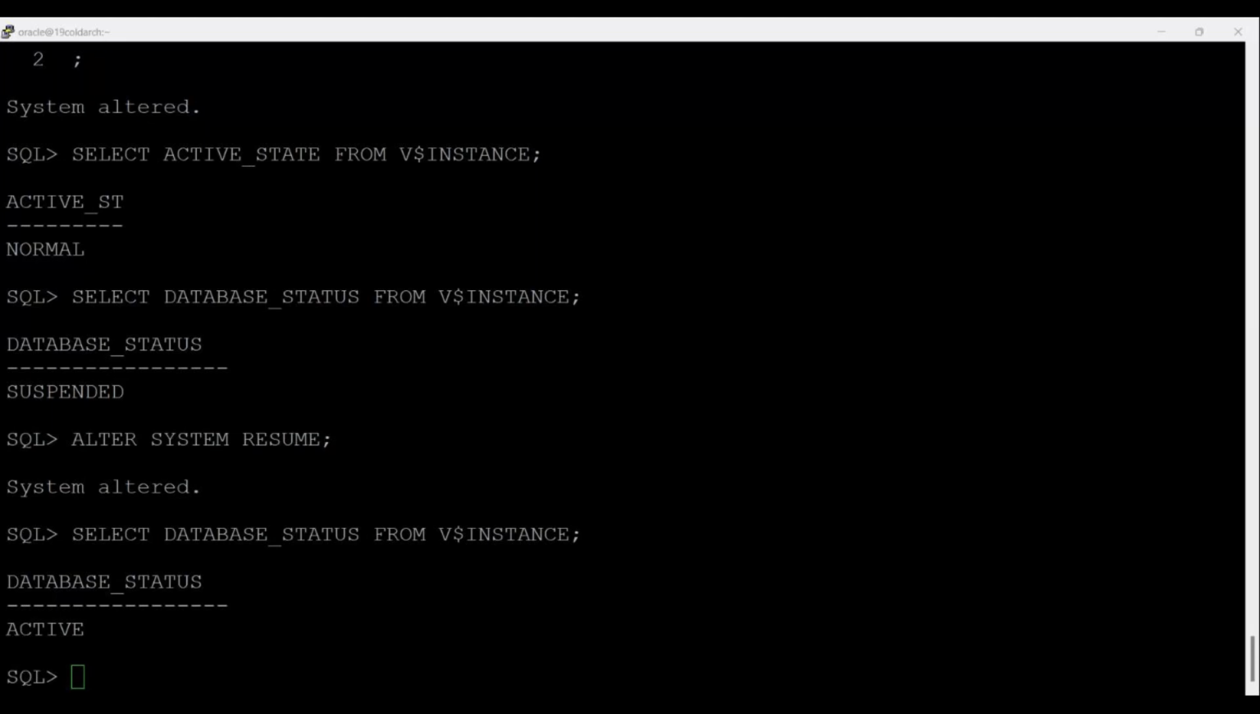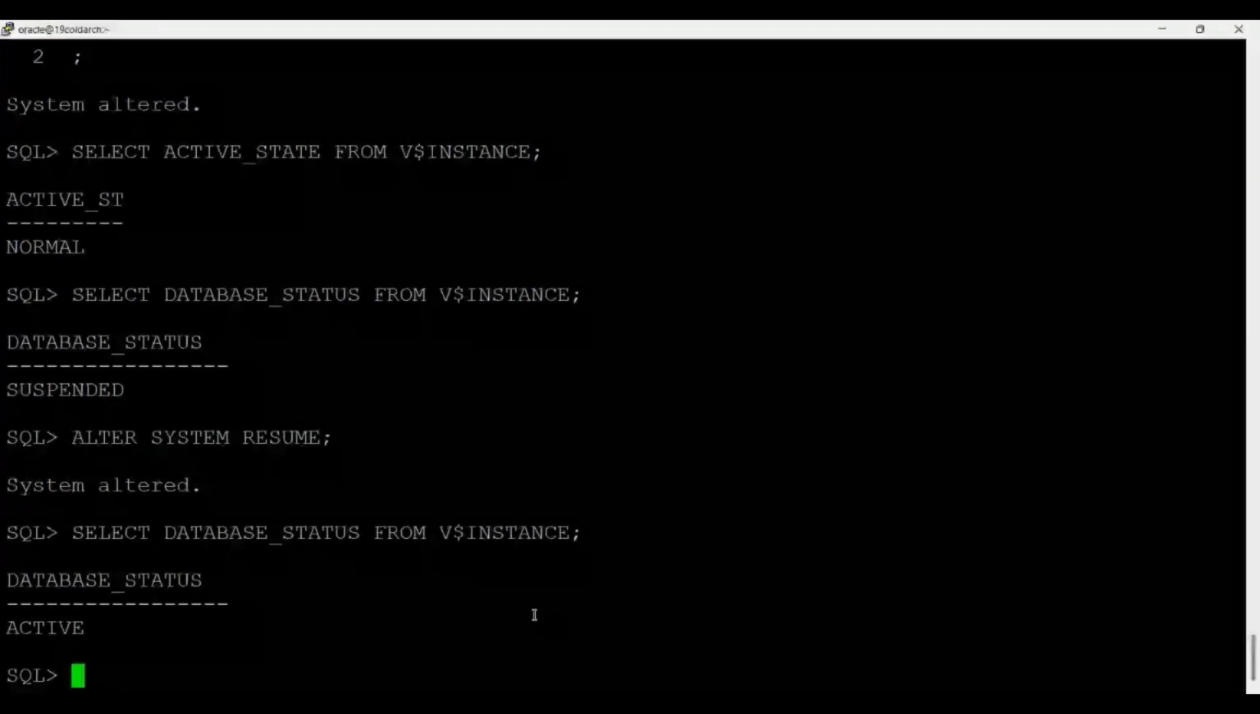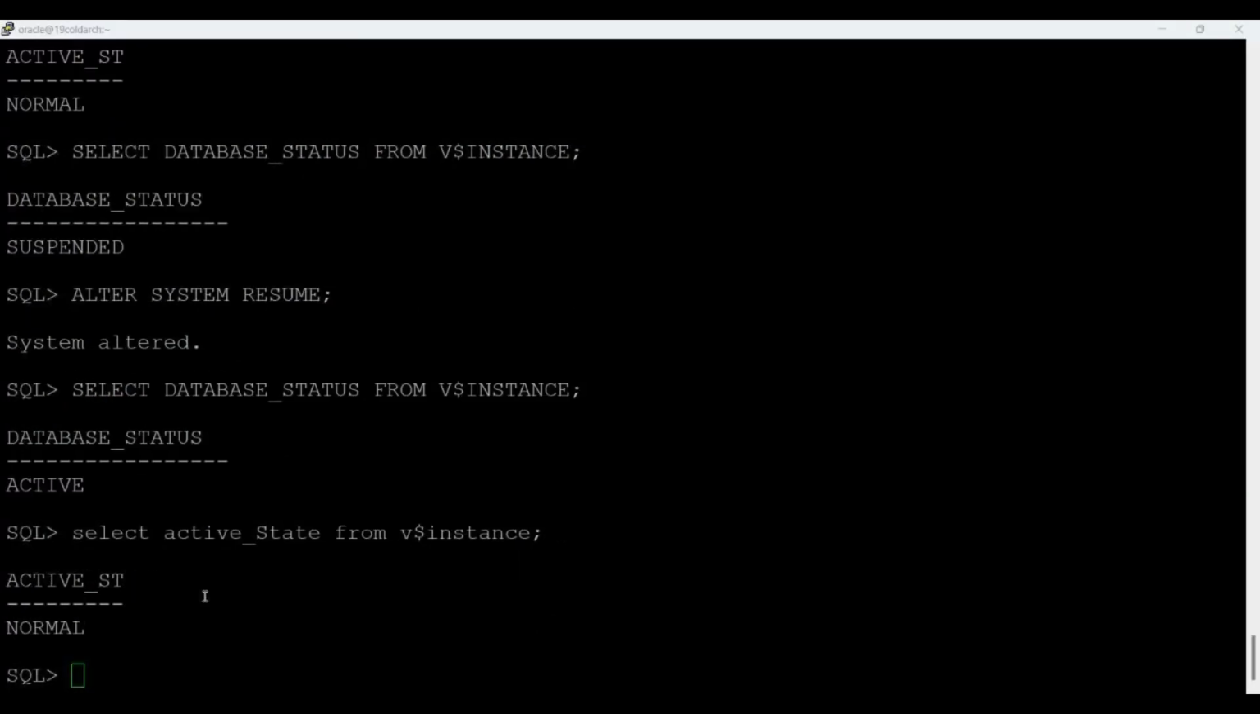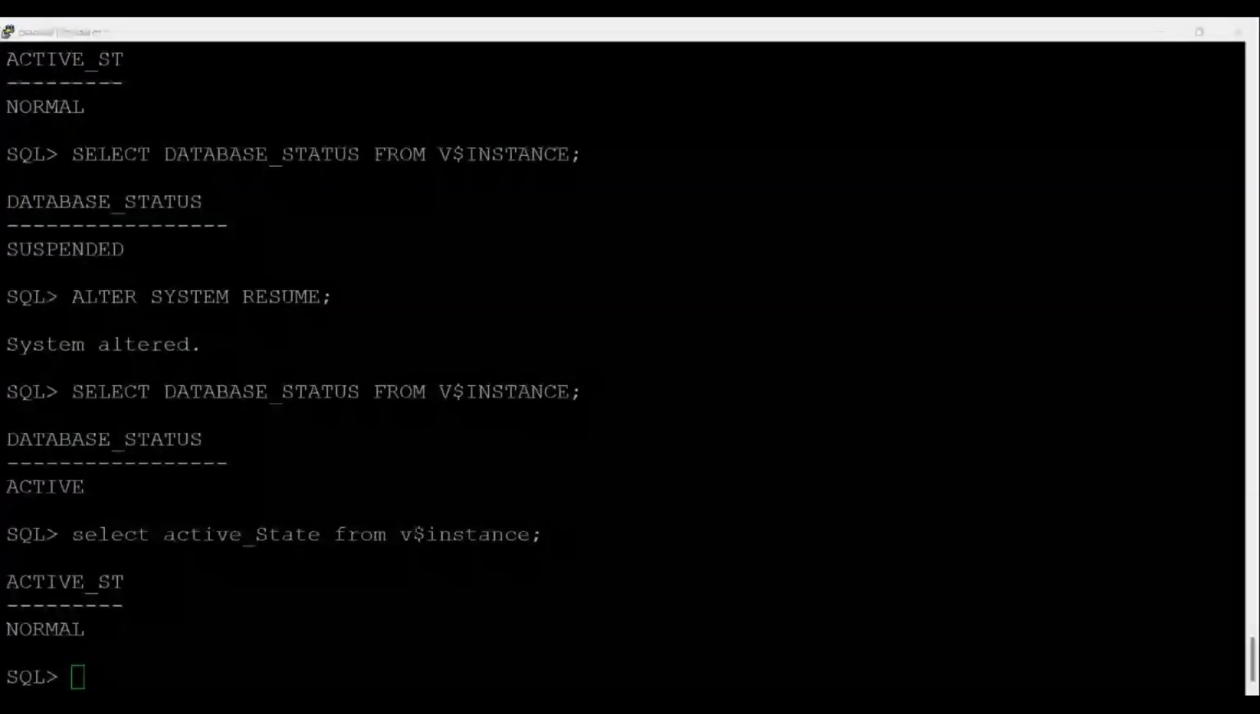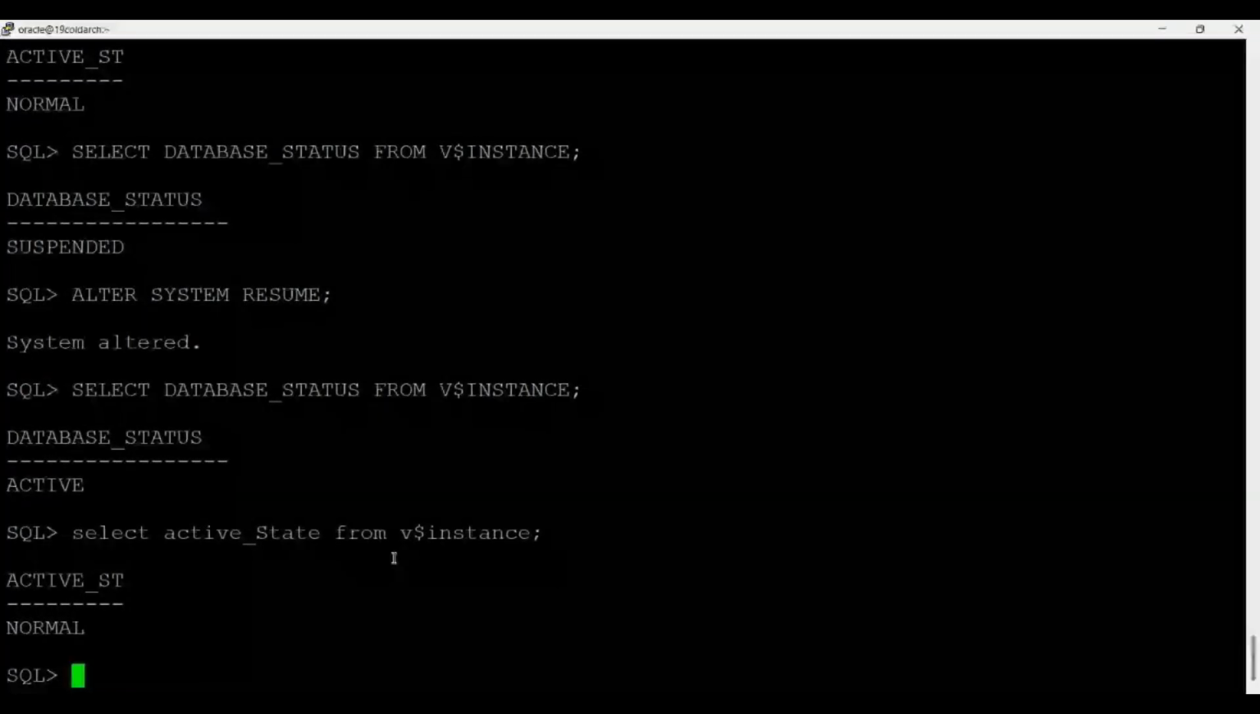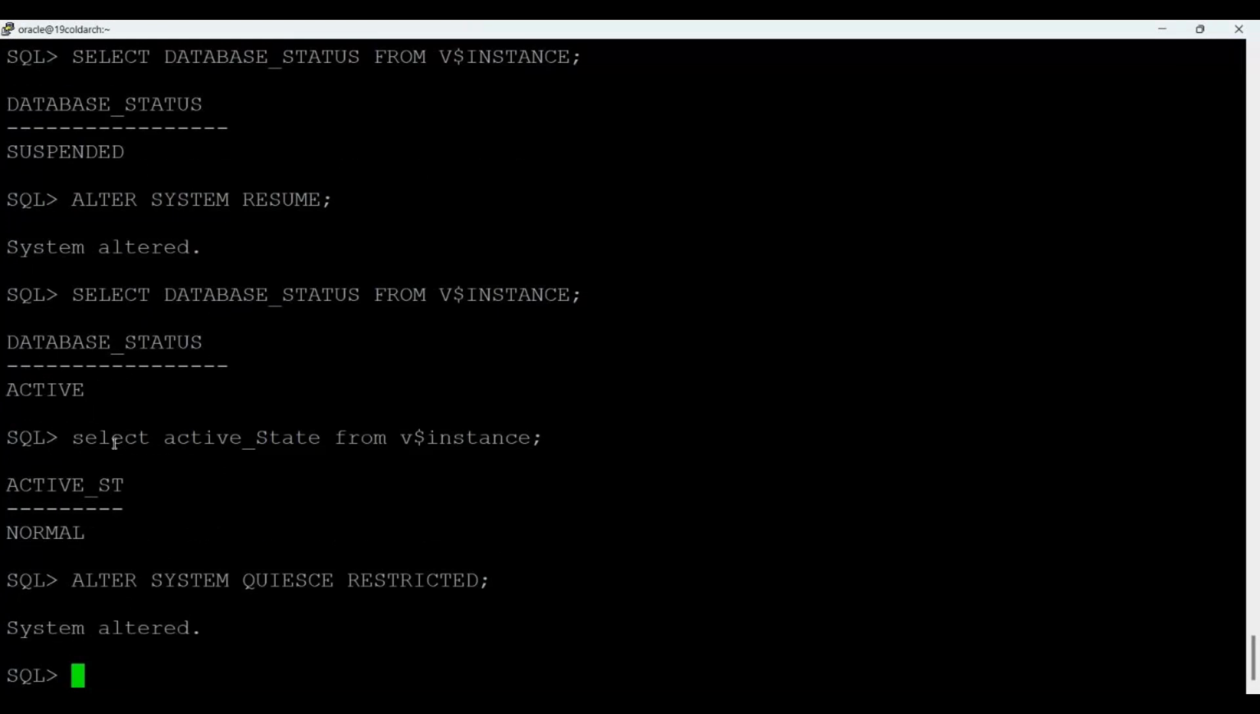Now the last topic today is about quiescing a database. So what is that? It actually allows only DBA transactions. So you have the command ALTER SYSTEM QUIESCE. Let me show you this. Before going to that, first execute this command. So it is normal. Now I am executing the command ALTER SYSTEM QUIESCE RESTRICTED, and then I am executing